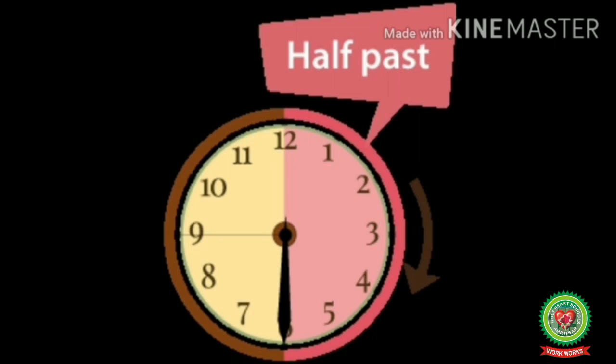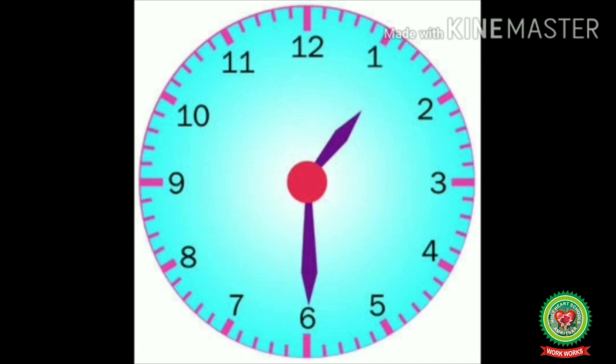Next is half past. That means the long hand has covered half of the way of the clock. Now children, you can see the clock which is given to you. In this clock, the short hand is a little forward from 1, and the long hand is at 6, and we know that when the long hand is at 6, that means half past 1, or we can also write it as